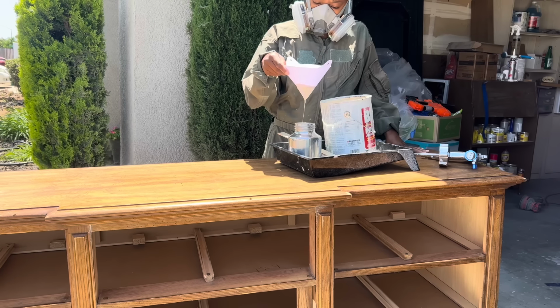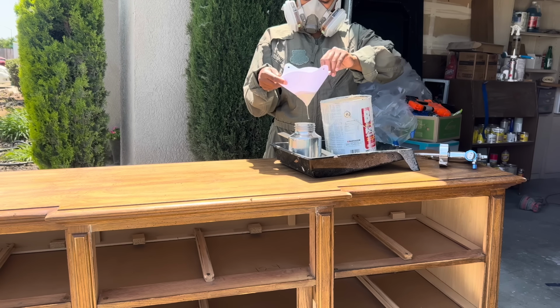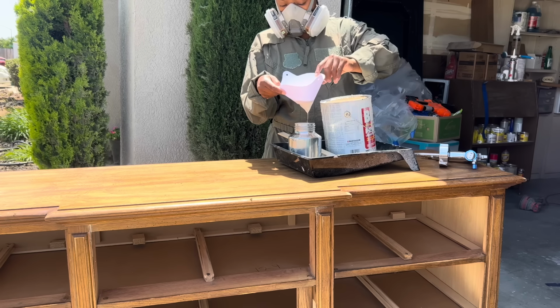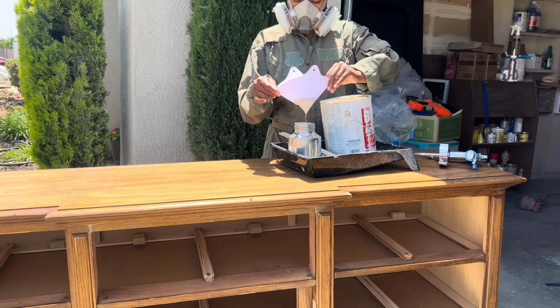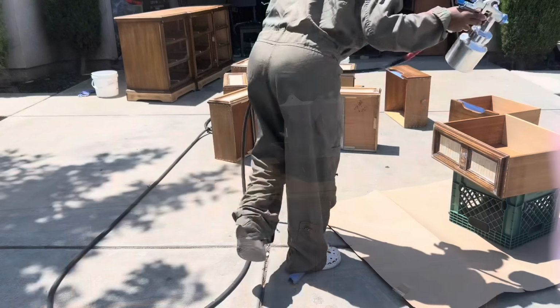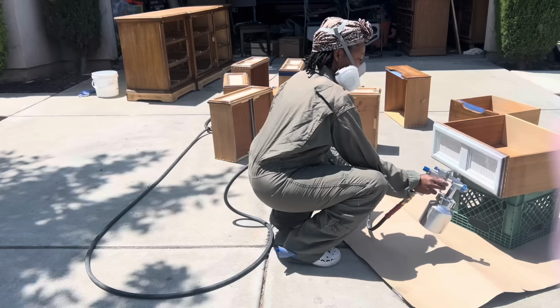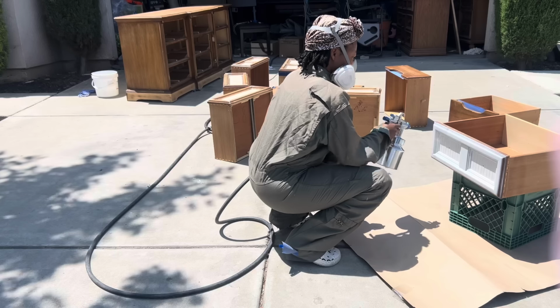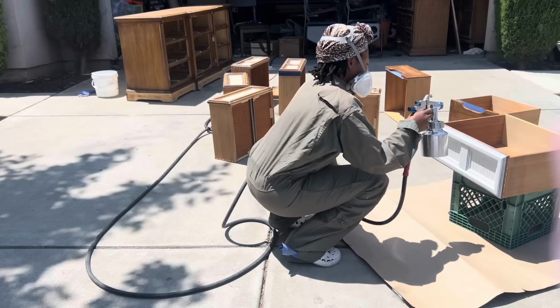Okay, so we finally made it to primer. It has never taken me this long to get to this step. Y'all, pray for me. So when it comes to primer though, I like to use Zen Bench lac-based primer, and I go back and forth between a roller and a spray gun. I just thought it would be easier to use the spray gun today because if I were to use a roller, you would have to get that texture off, and I didn't want texture on the pole wrap